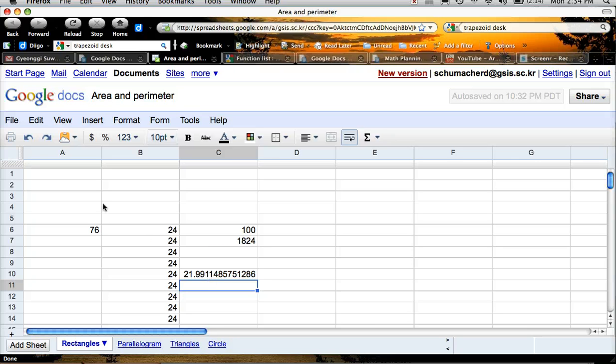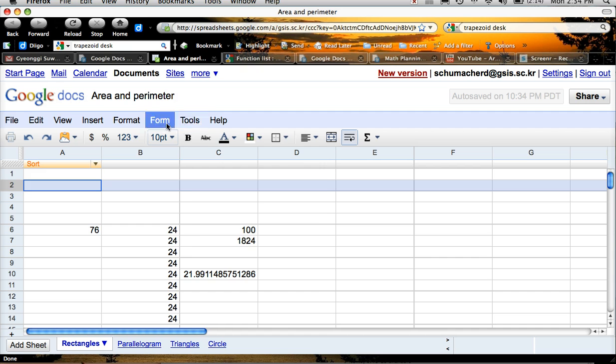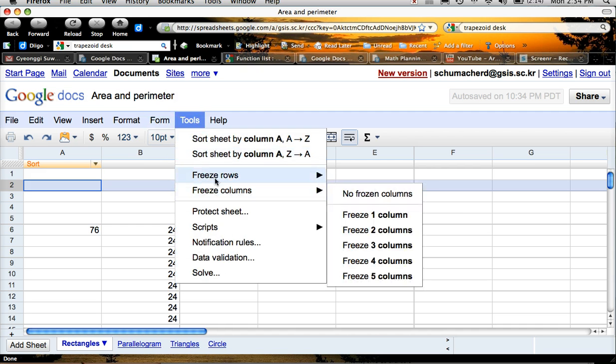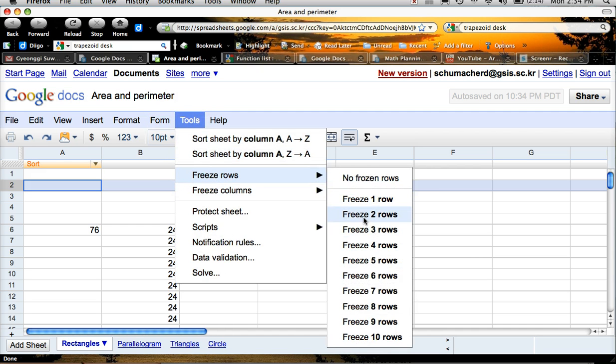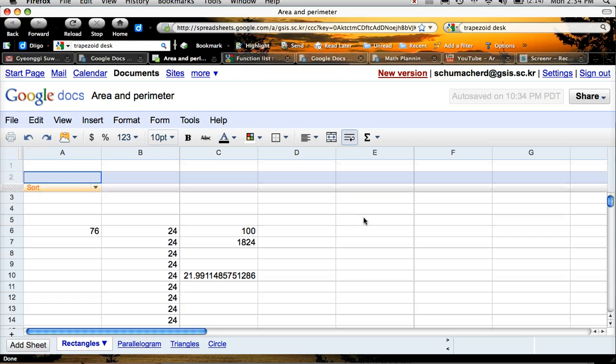The last thing I wanted to show you quickly was to freeze and unfreeze. If I click in there, I go up here to tools, freeze rows, 2 rows. I'm going to be able to do that. That gives me my heading rows. I'd like you to go ahead and create your own